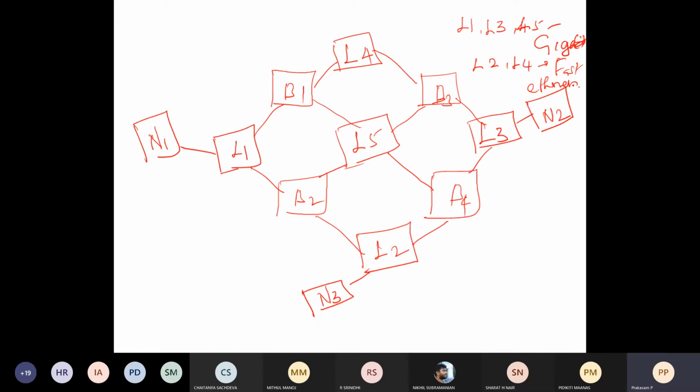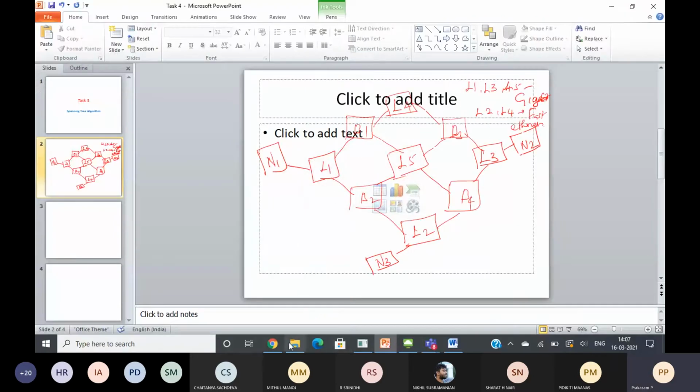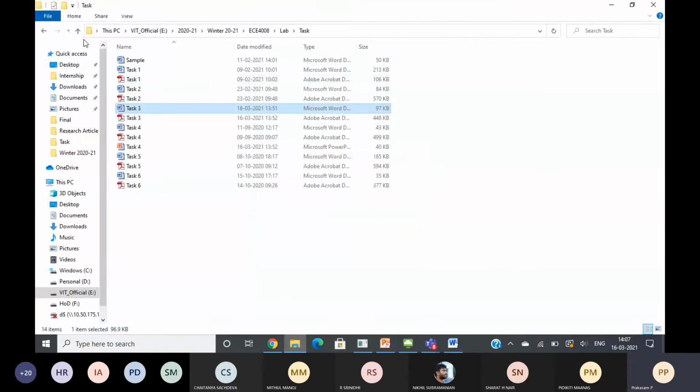Even in our regular CAT and DA assignment, we have seen a few examples with the priority plus the MAC address. You will see that example.